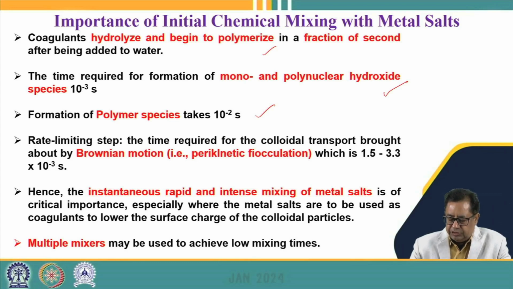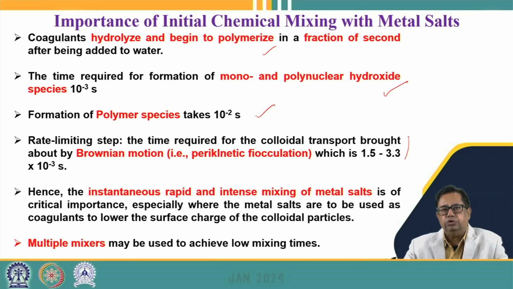Whereas the rate limiting step is the step where the particles are brought nearer to each other. That can happen by Brownian motion or by perikinetic flocculation. The time required for this process to happen is nearly between 1.5 to 3.3 to 10 to the minus 3 seconds. So it is necessary that we go for